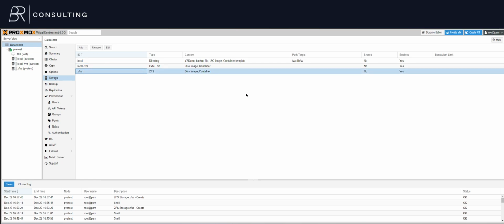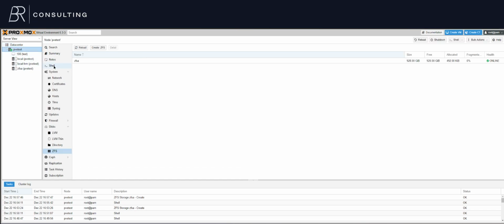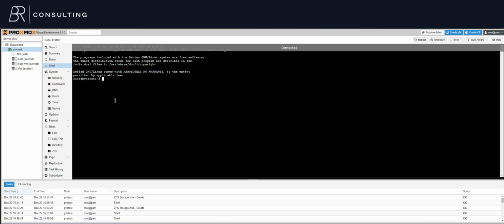Now, we've finished creating the pool, but we're actually going to want to create a mount point because otherwise you're not going to be able to put files in the actual pool. So for that, you're going to want to go to the actual command line. So the first thing we're going to go ahead and do is go here to the shell in the node itself,